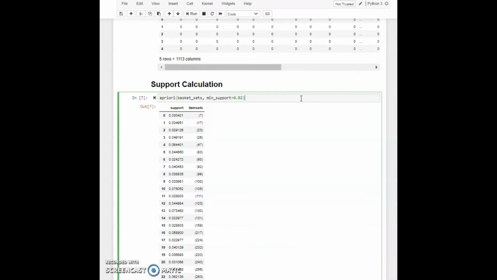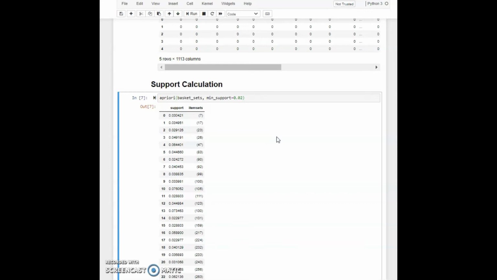So we'll call the apriori function and we'll pass in our data set, basket sets, and then we'll set the minimum support equal to 0.02. And on running this, you will get the data here. So as you can see, you have 35 items with a support of 0.02 or above.